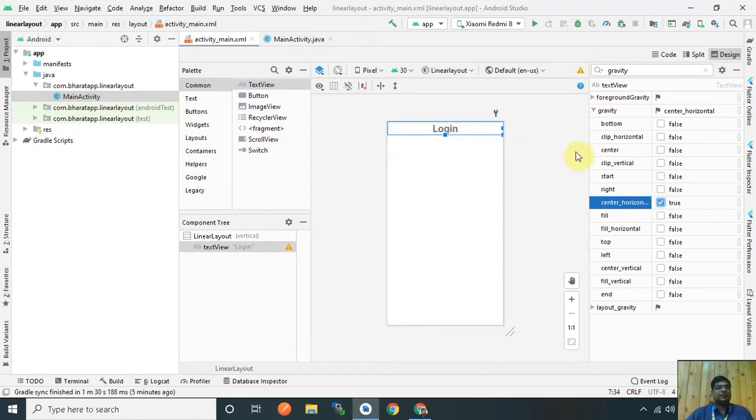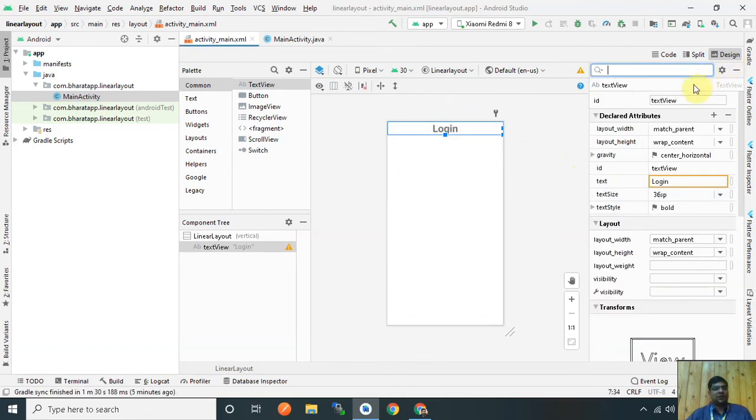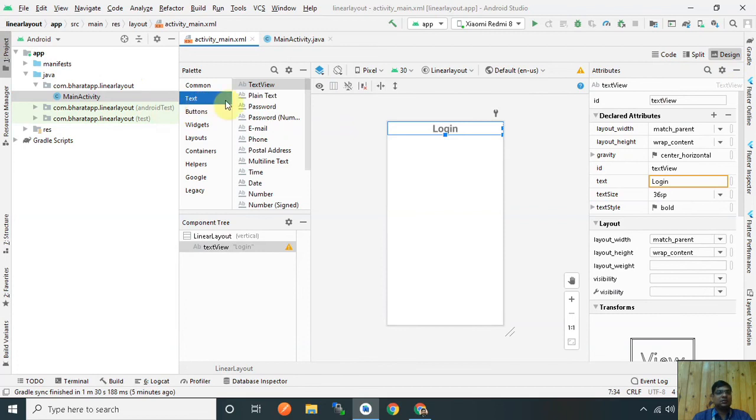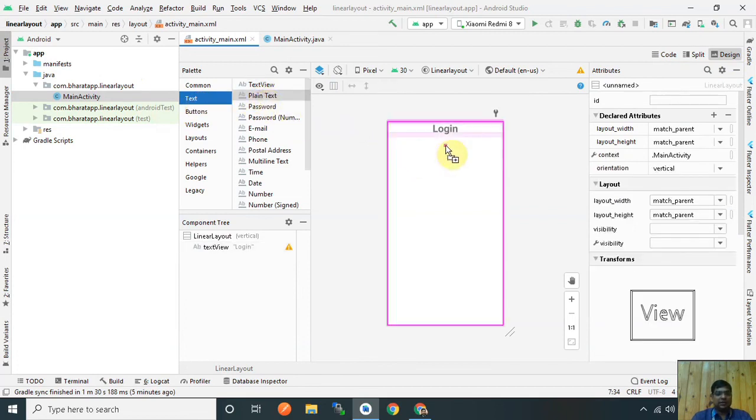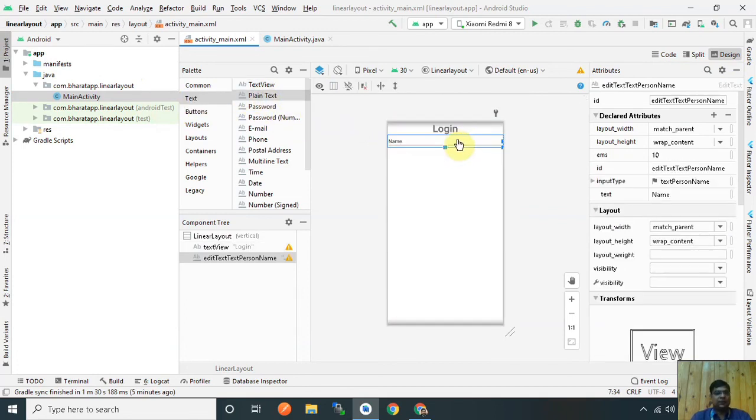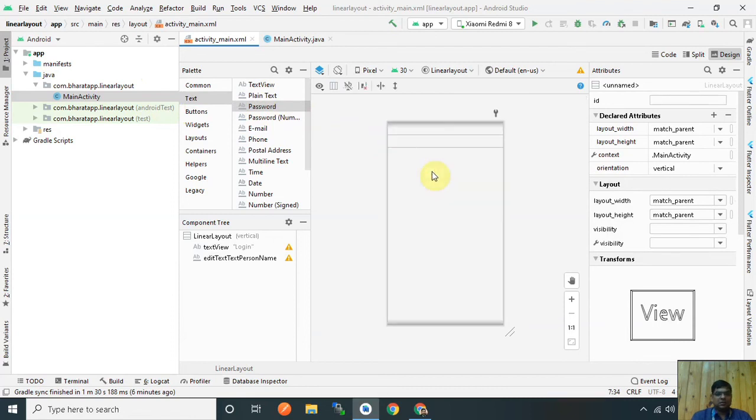Okay. Now I add the next component, which is the edit text. We have two edit texts, one for the username and second for the password. So for that we go to the text and insert a plain text into this. Like this, and we also add a password here.